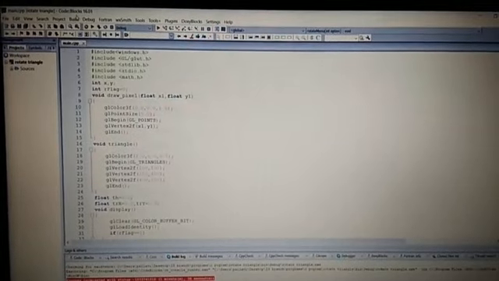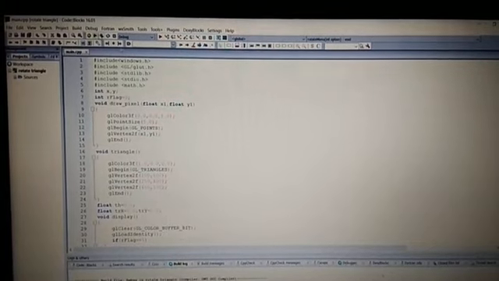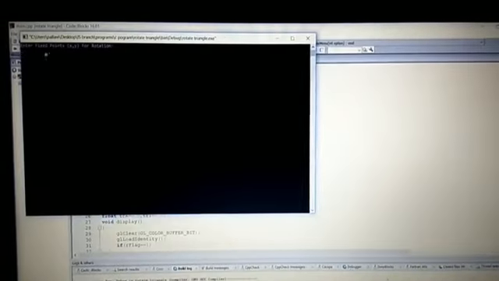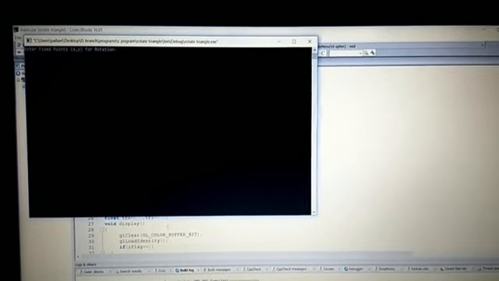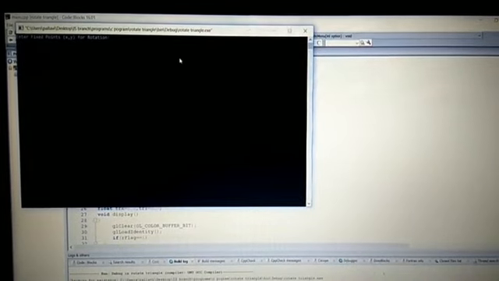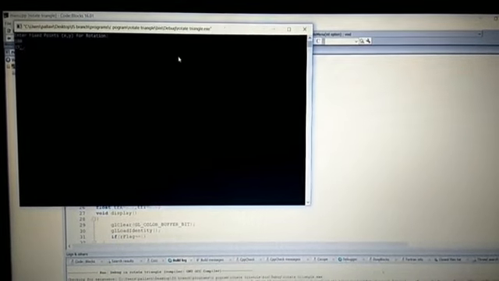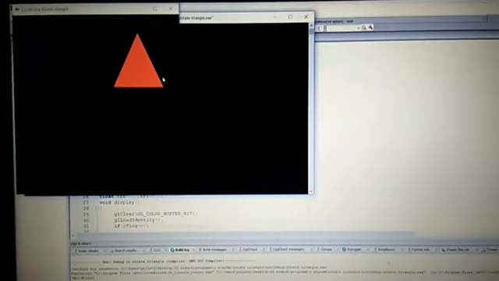Let's compile it, and there's no error. Before running, it asks for a fixed point. Since the window size that we have given is 500, the fixed point should be within that. So I'll give 100 and 150. So this is the output that we're going to get.